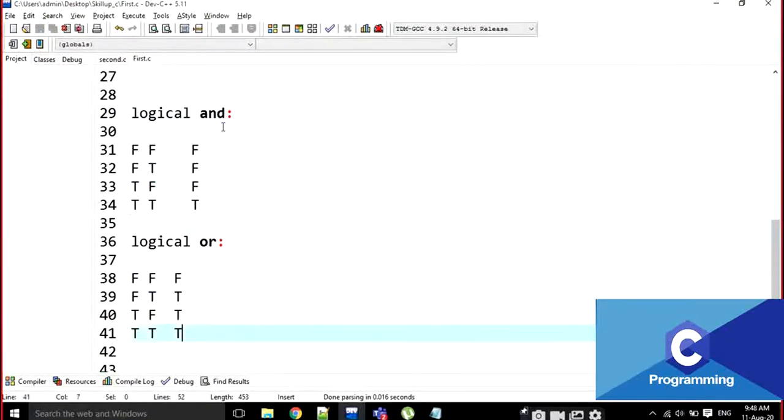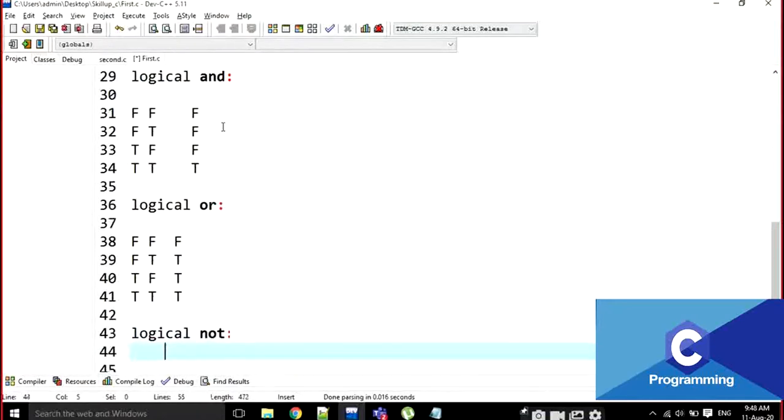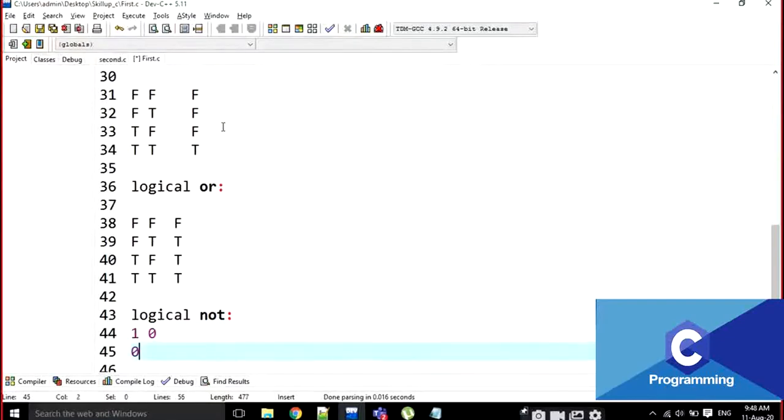And the last one is the logical NOT. Logical NOT means if it is 1, the result is 0. If it is 0, the result is going to be 1. That means if my parents tell me not to listen to the class, then I listen to the class. If my parents say listen to the class, then only you will get the job, and I don't listen to the class at that time. It works in reverse. This is called a logical NOT. If it is true, it is going to be false. If I have an interest to listen to the class, but I am not listening, that is a logical NOT.